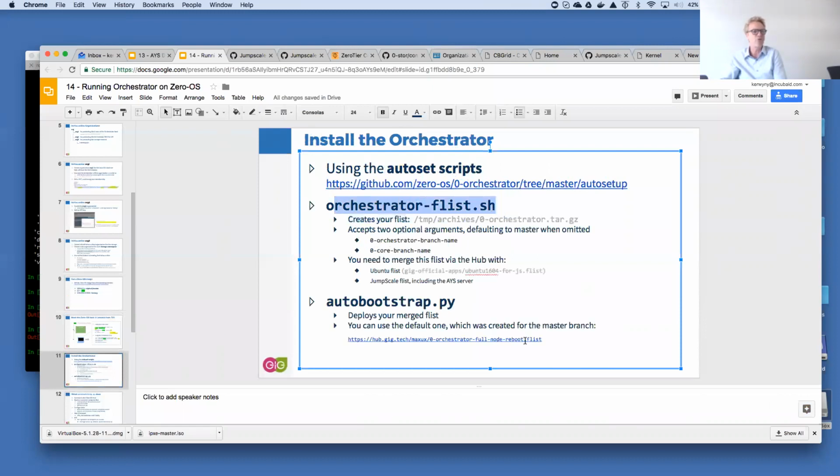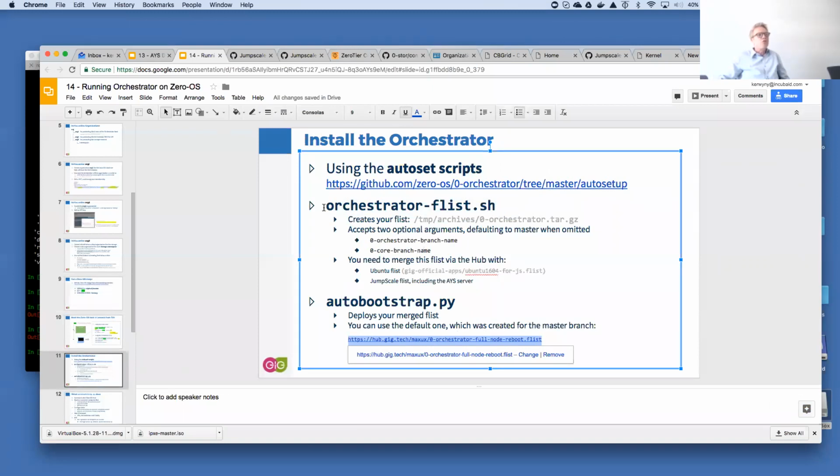If you're simply going to take the pre-built F-list that I used, which is based on master, clearly a join request will never get authorized by the orchestrator. So just remember that. Again, this is all very logical, you just need to know.